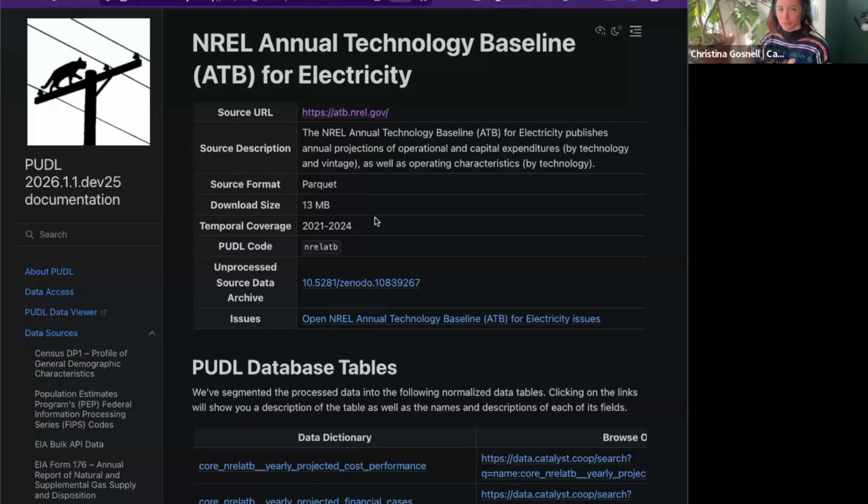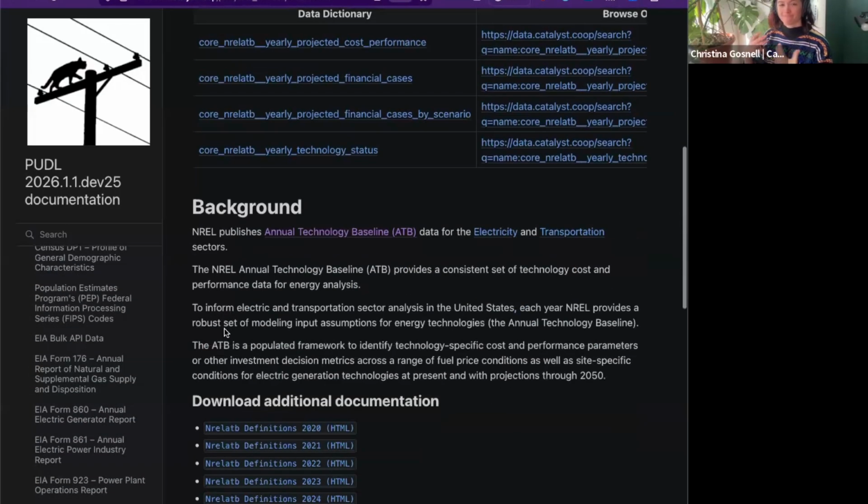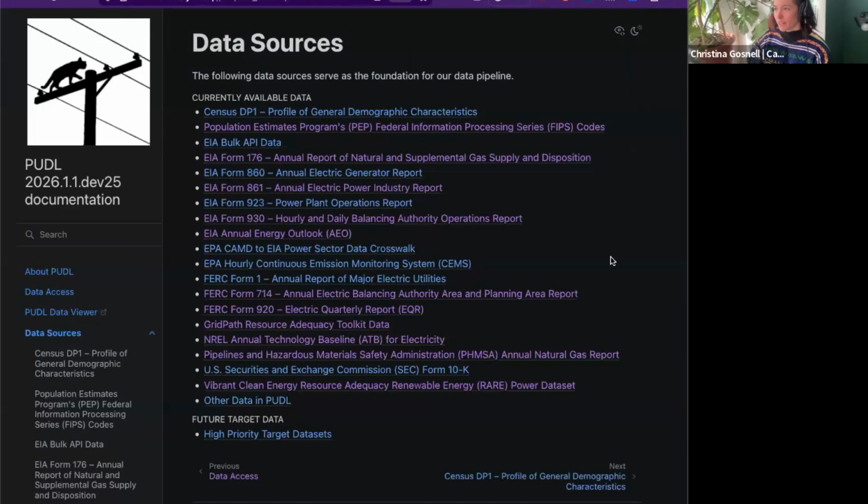But yeah, they have projections for the next 25 years into the future about various costs and operational characteristics of a variety of technologies at a variety of different scenarios. So we really hope that they will keep publishing that. We'll find out. The next data set that we actually very recently pulled in was FERC Form 920, which